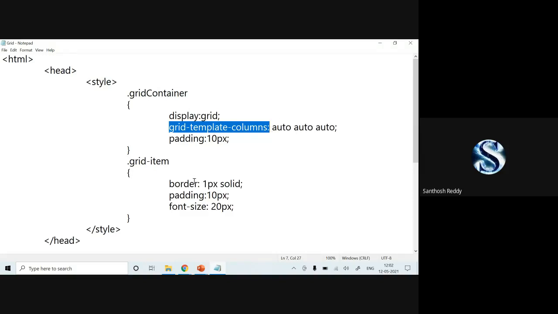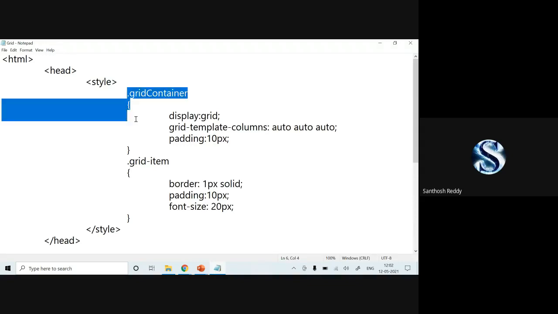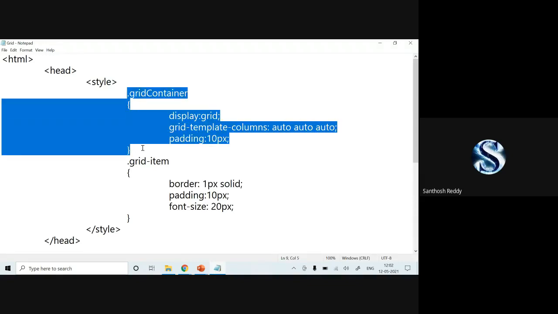In the item, border is 1 pixel solid, padding is 10 pixels, and font size is 20 pixels. The grid container has been applied on the complete web page.